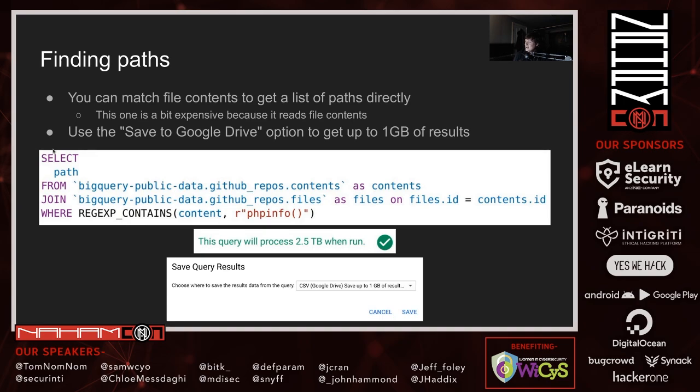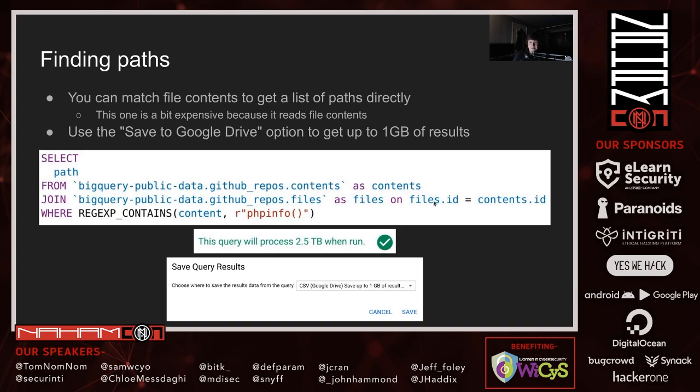If you're not familiar with SQL, don't worry too much. What this query does is it looks for the path, which is the part that I'm interested in. So select path from the contents table or contents data set in the GitHub repos database. And I'm joining the files database.